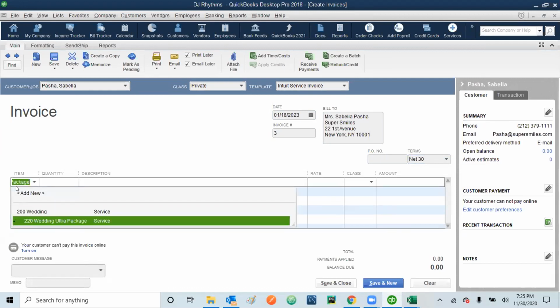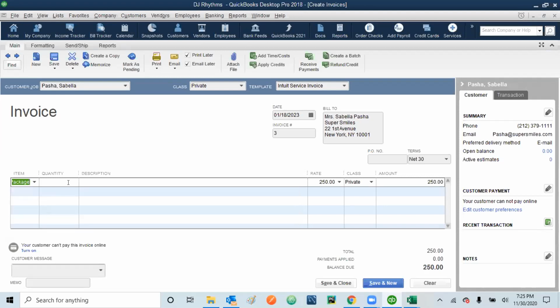I'll be only creating one invoice, I think, because there are, I think, 3 invoices. Oh, only one invoice. Okay. So let's create this invoice and then we'll finish it, and then we'll start working on your computer. So 220 wedding ultra package. Quantity is 4.